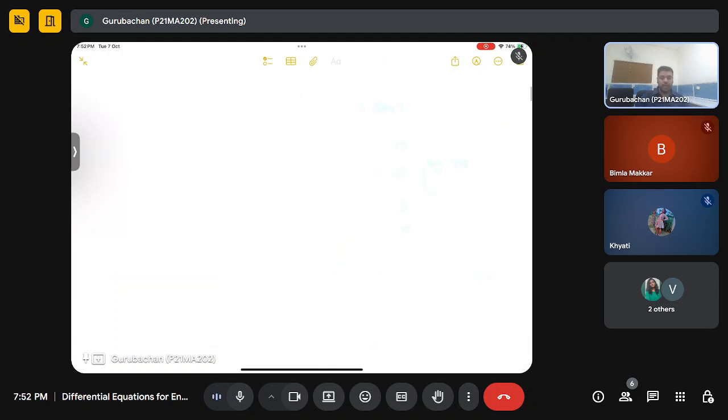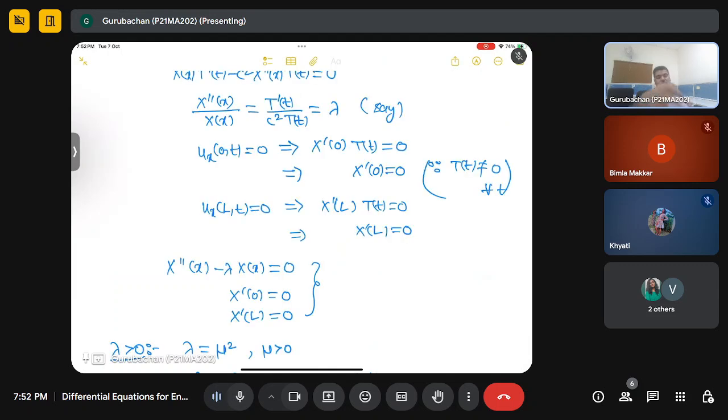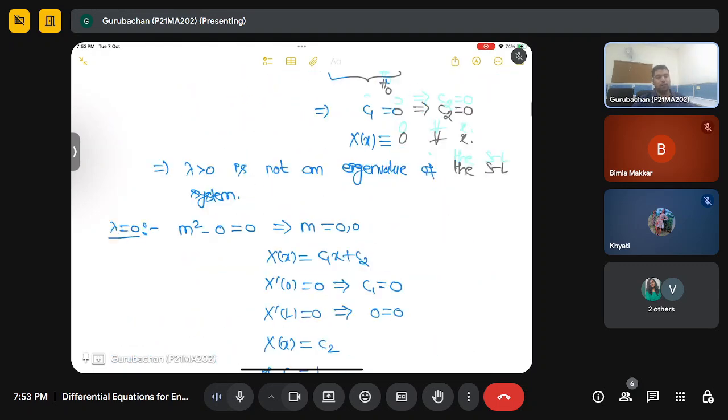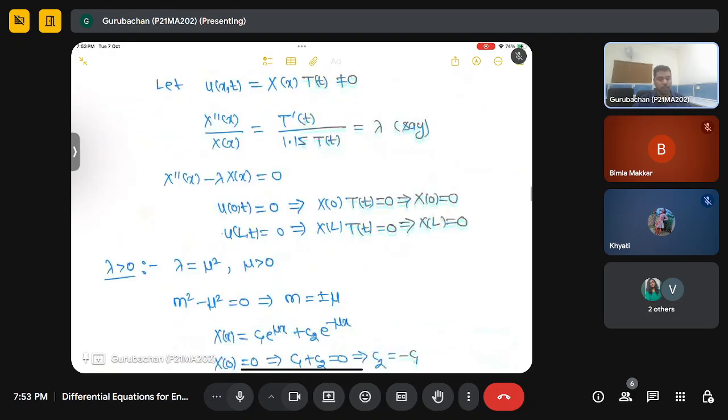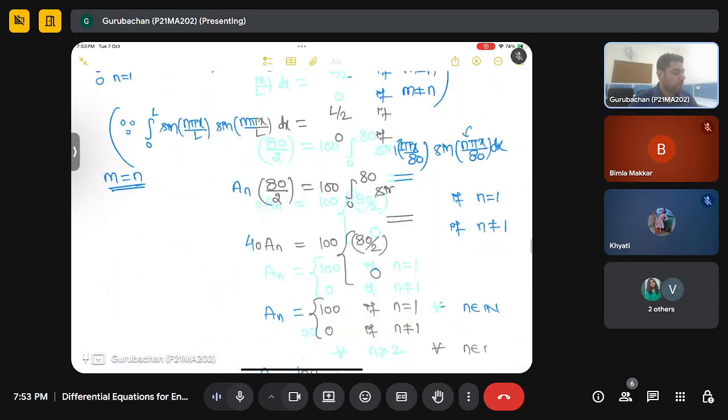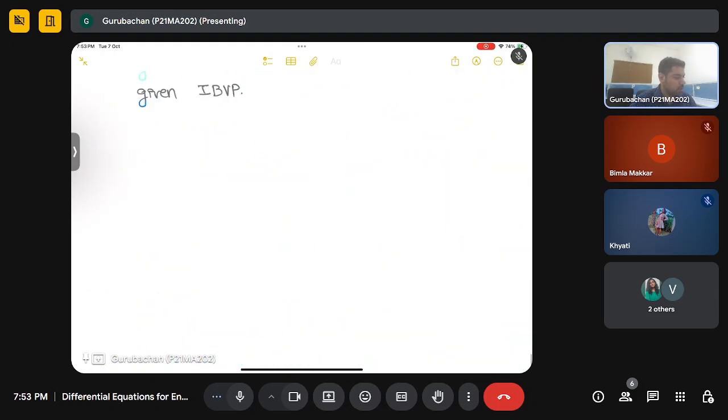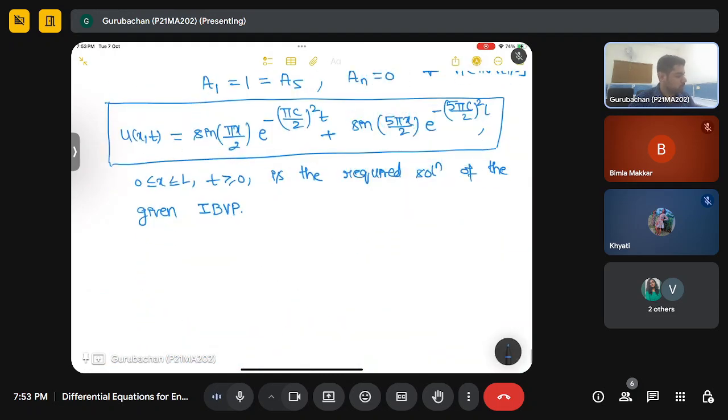So in the next question, we target to deal again with a homogeneous heat equation problem. So probably this will be the last question of today's class. So question number 5,